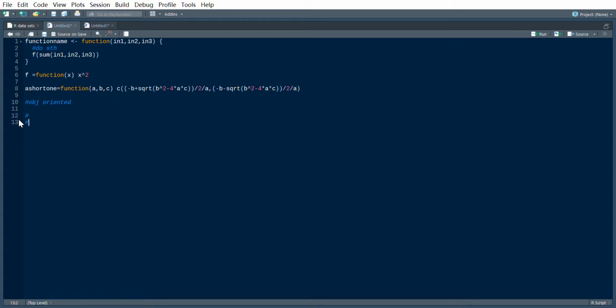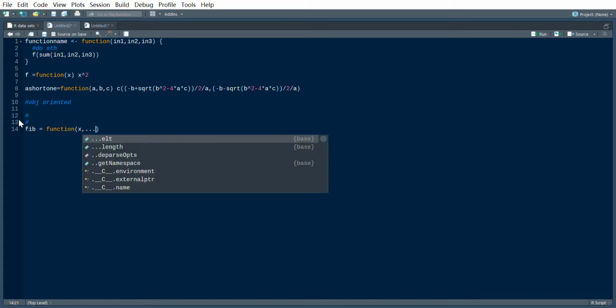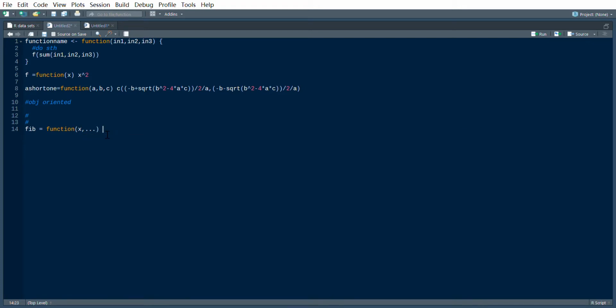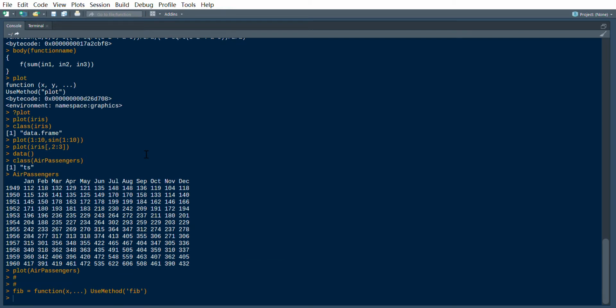Let's just say the Fibonacci sequence, the good old Fibonacci sequence. If I write this function and I specify the name of the input, and instead of writing a function directly here, I use the method fib. Now this basically does nothing, but